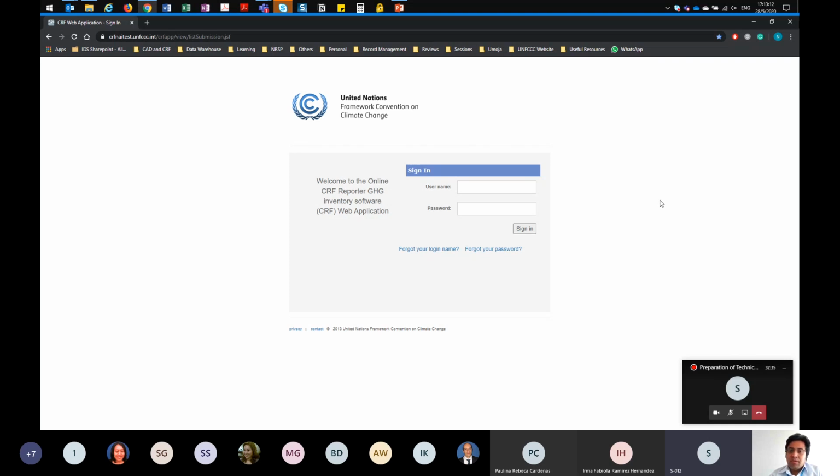So once you have requested the access to the CRF Reporter and you are provided the access, you will have the link. Once you paste the link in the browser, you will be asked to enter your username and the password. For the National Inventory Compiler, who is the admin user of the CRF Reporter application for the party, that person would have received the username and password. So once you enter the username and password,